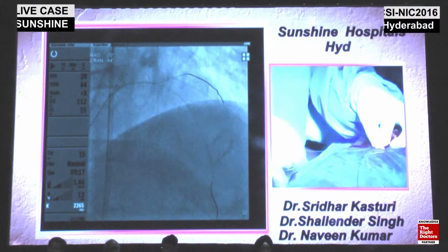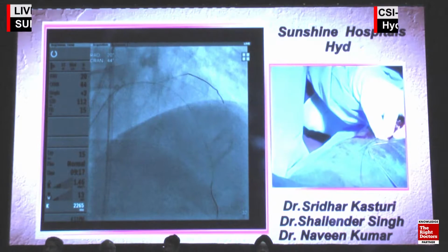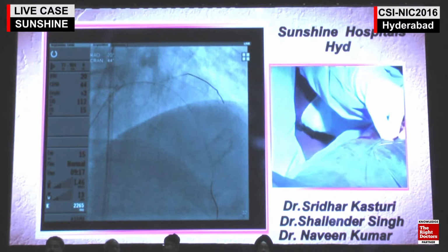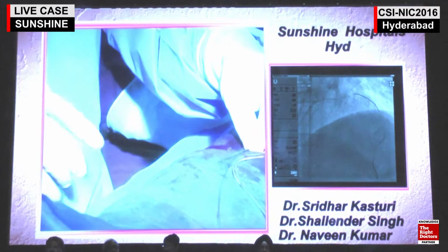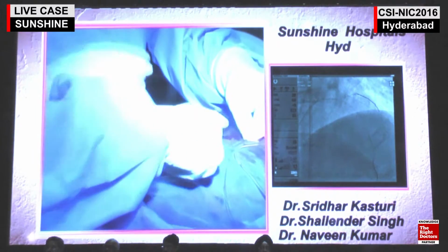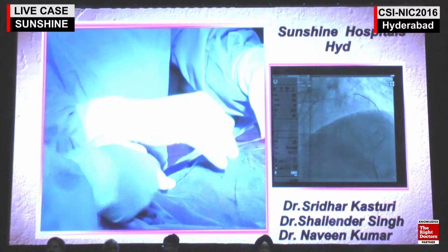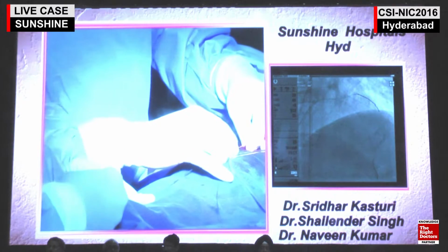First case also you can show the first one. LMCA, LCX. No, let's see this case first. Yeah, okay. Can we go to Bangalore, please?